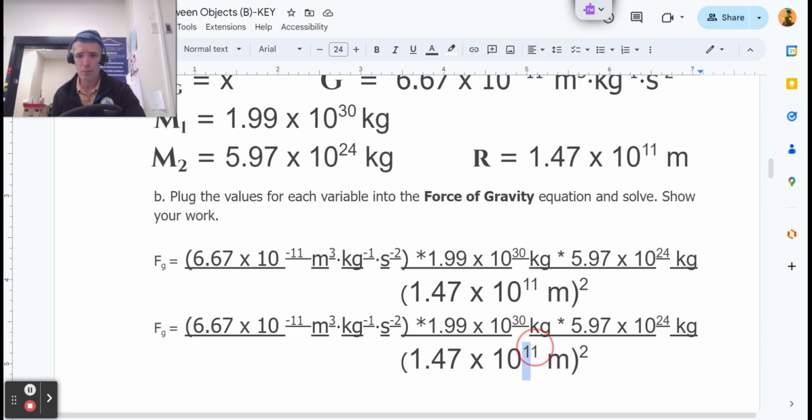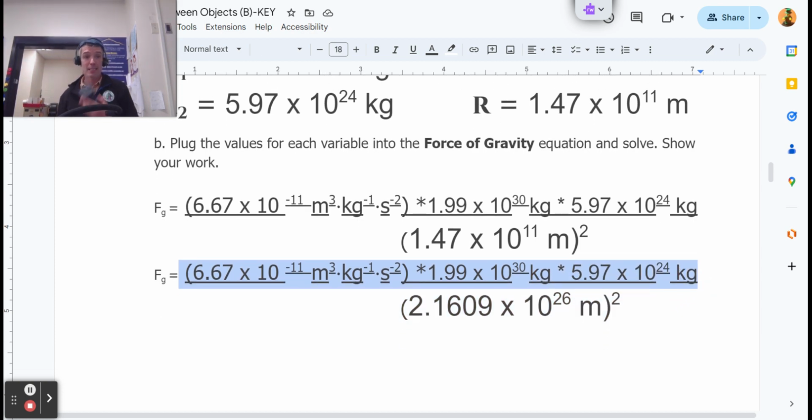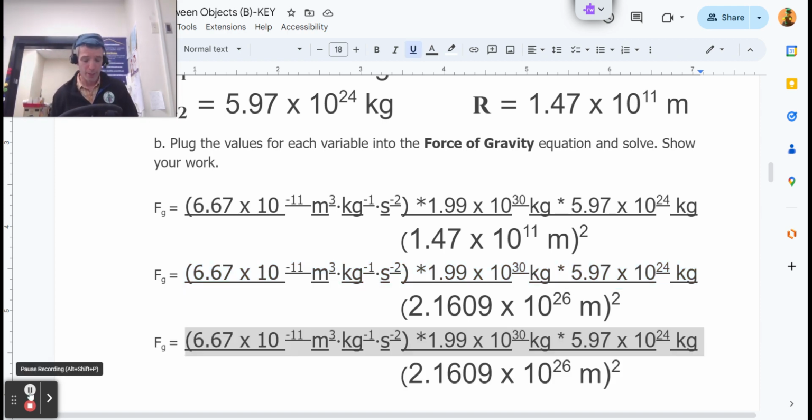So I'm just going to plug this in. So that becomes this. And this number becomes that thing for my calculator, 2.1609 e 9. You don't have to rewrite it. I'm just showing you. I'm breaking down the steps a little bit. Now I'm going to multiply these three numbers up top on the calculator. Okay, here we go. Here's the answer: